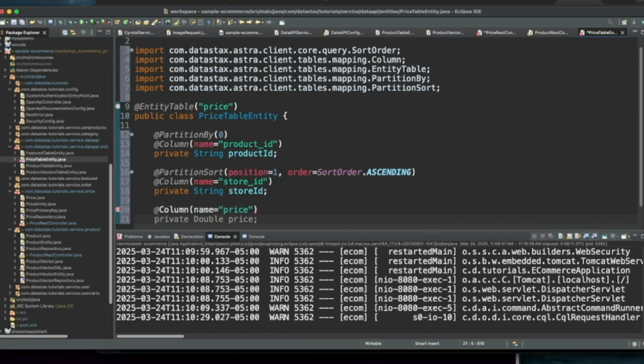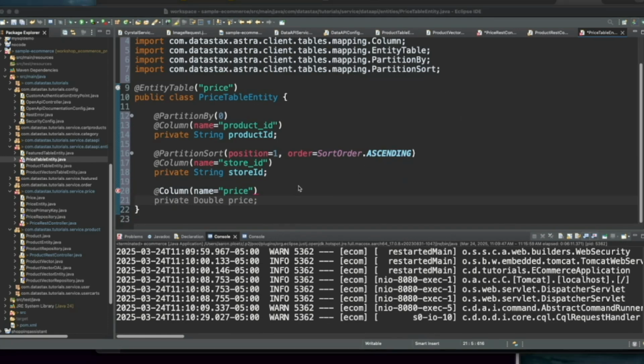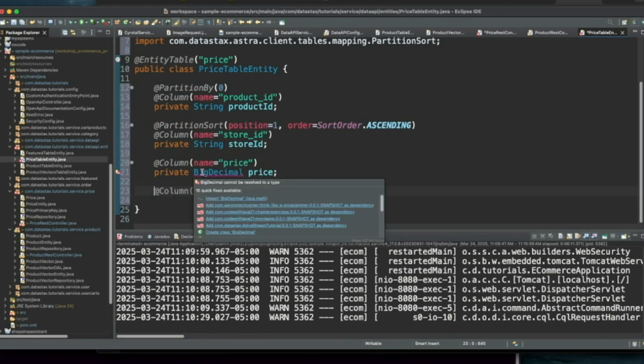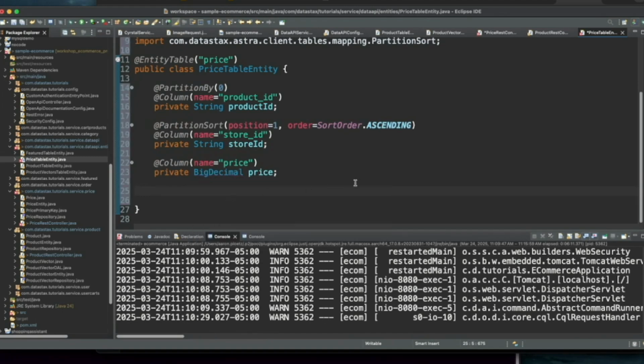Its name is price. And let's see, I believe the decimal type inside of Cassandra and Astra maps to a big decimal. So let's say private big decimal price, just like that. All right, so let's hover over here and import big decimal.